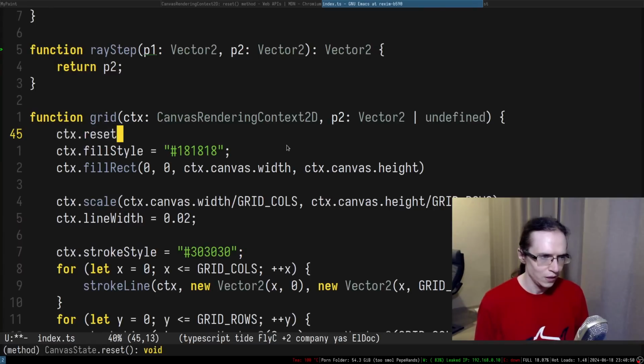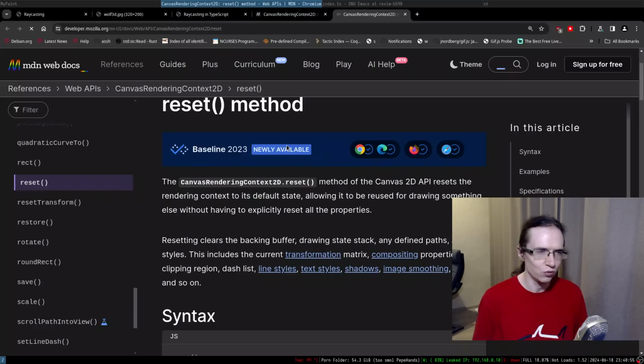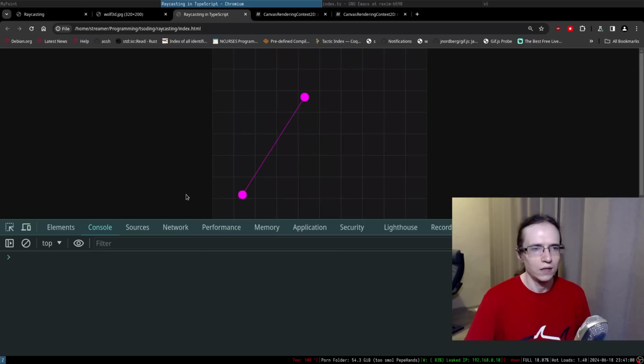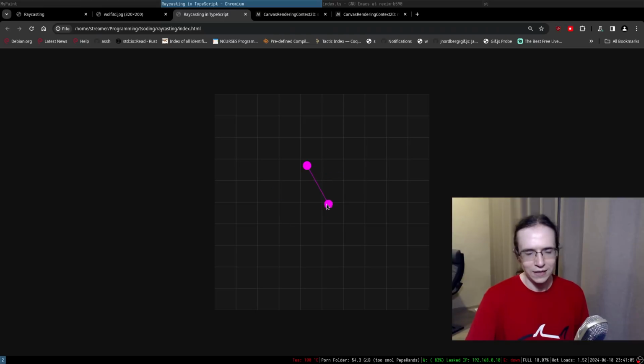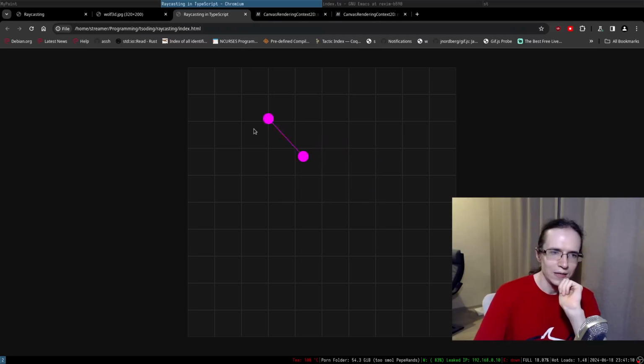Okay, that's cool. So I suppose the first thing we can do before rendering this entire stuff is reset the state of the canvas and then render the whole thing. Okay, so this works. I'm really happy. So we have the position of the player and we have the custom thing. And what I want to do, honestly,